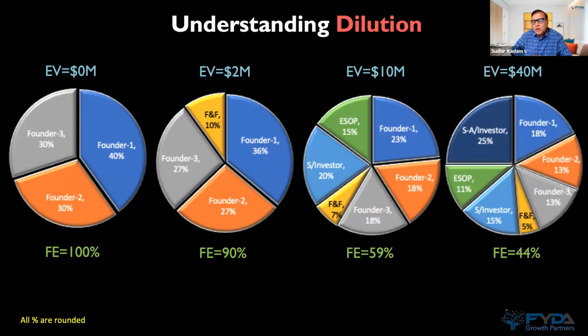In the Series A round, an investor comes and says, I'm going to put 10 million in your company. He takes 25% equity. Your enterprise value is 40 million because you have given him 25% for 10 million. Accordingly, everybody else gets diluted now. You will see your ESOP has also reduced to 11%. This is the time the Series A investor might say that you have to top up your ESOP and bring it back from 11 to 15%, but that's a separate discussion and I'm not going to talk about it too much here. Generally, you will see the founders' equity is now down to 44%.